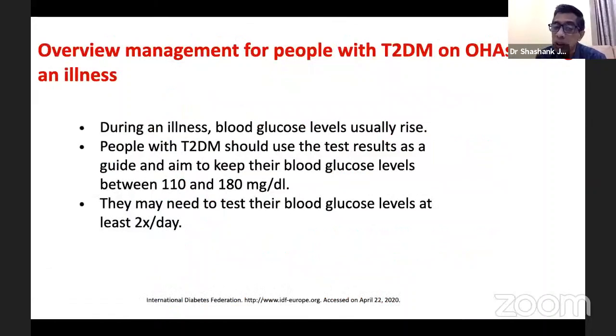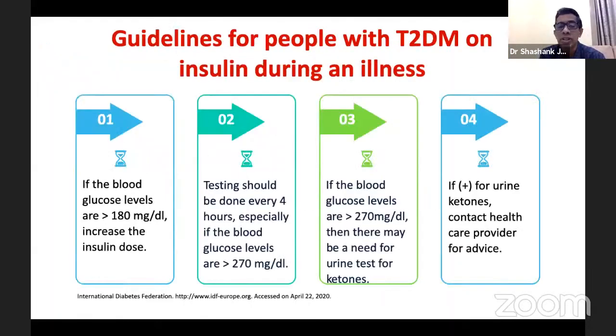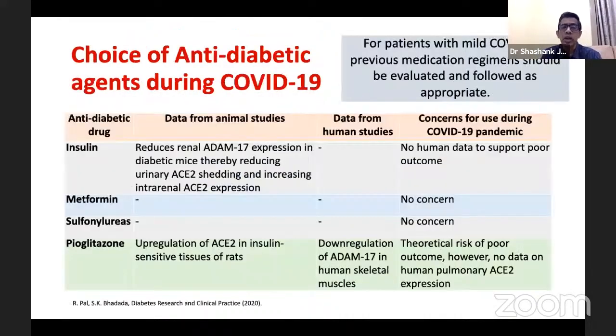During illnesses, glucose will rise. Try to keep it between 110 and 180 and test at least twice a day. If you test twice a day, what are the red signals in a diabetic? If the glucose goes above 180, increase the dose. If it crosses 250 or 270, which is the ketosis threshold, get them into hospital. If in hospital, get aggressive. Insulin